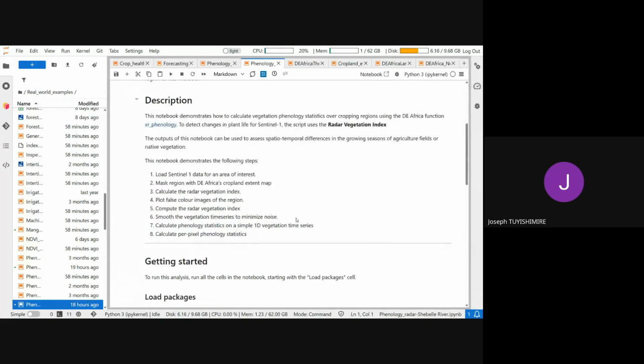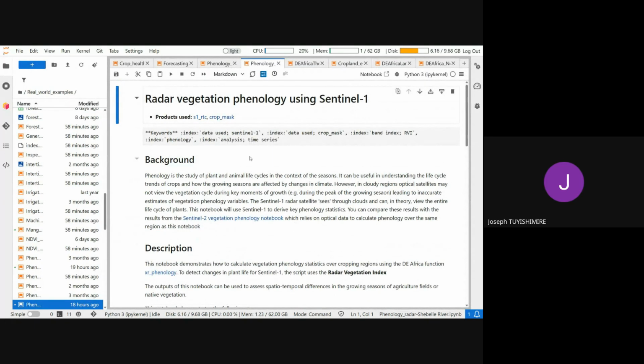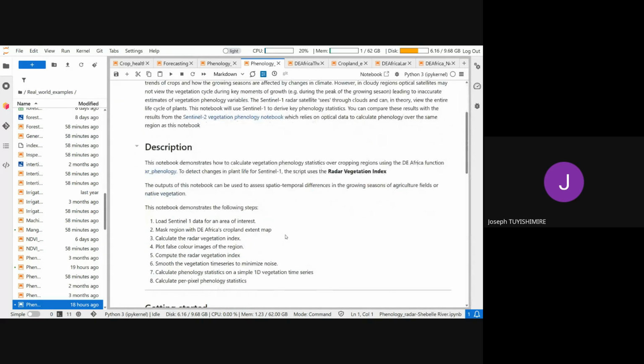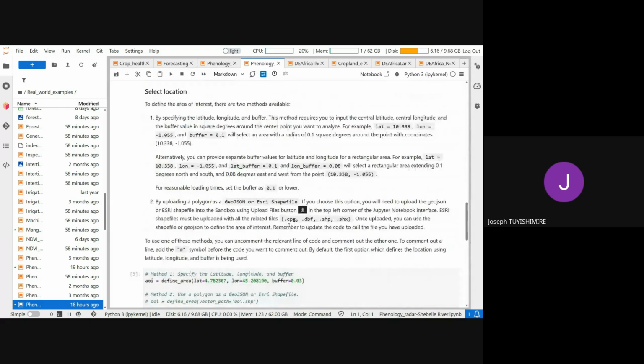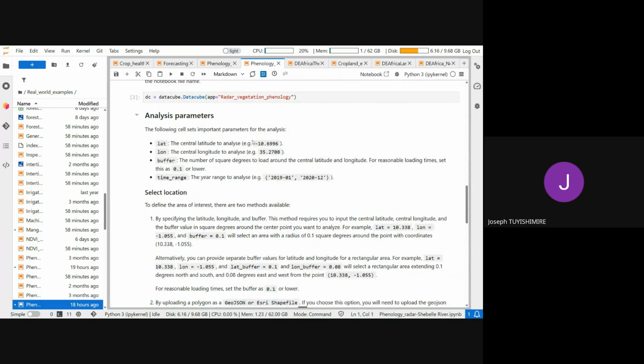As I said, radar sensors can penetrate clouds, although this is very limited in our database because we are depending on something with a small spatial coverage, but also a limited time series. And of course, the approach remains the same, except that we are loading radar data sets and using the radar vegetation index function.